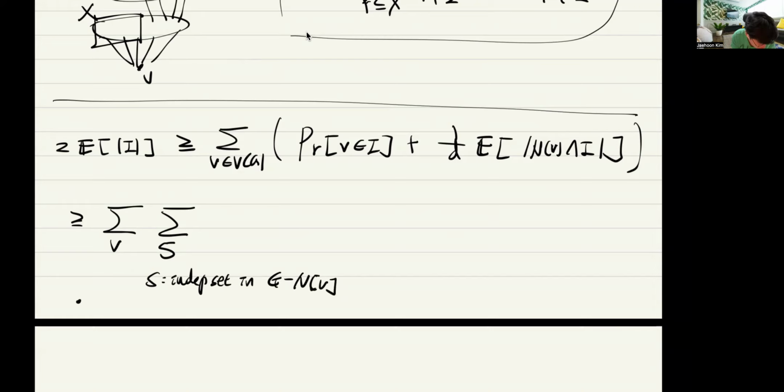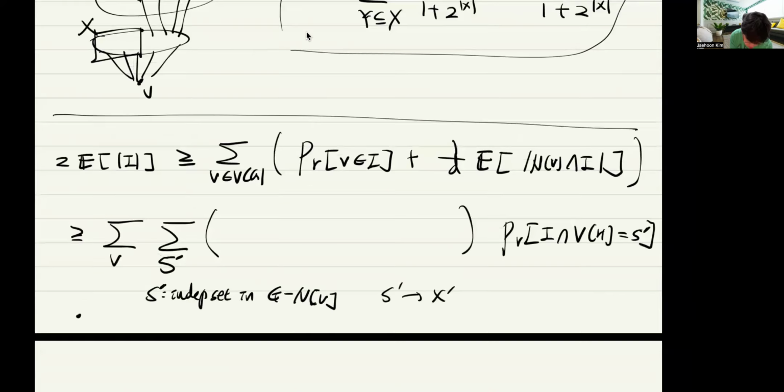So for all possible choices you added, then the law of total probability said that you multiply the probability that you actually get this S. So okay, maybe it's a bit confusing. So let's write it as S prime. S is a random variable and S prime is a specific set. Out of all specific sets, you compute this probability, and then for that S prime yields the X prime, then